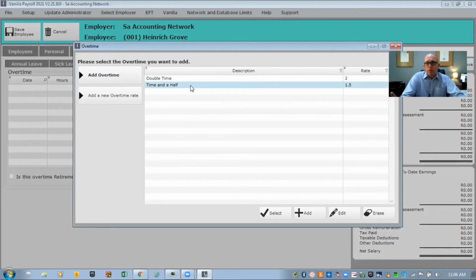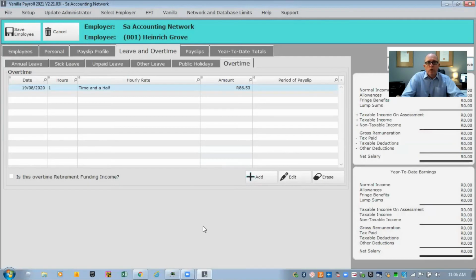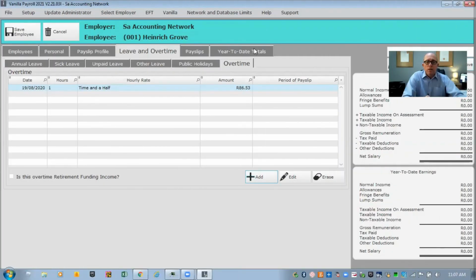Remember, that's normally during the week. When you work over weekends, or depending on how the company works, you would select whether it's double time or normal time. And so you can see that is where your overtime works out to, and that is the basic setup of an employee. And I think maybe the other thing that's maybe just worth touching on as well is